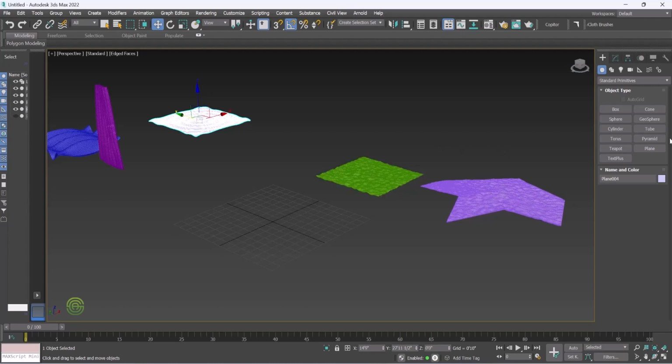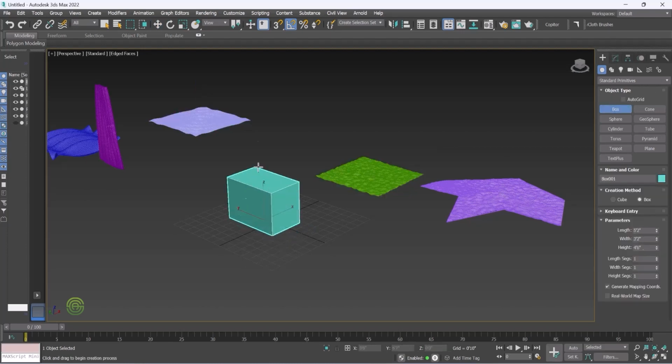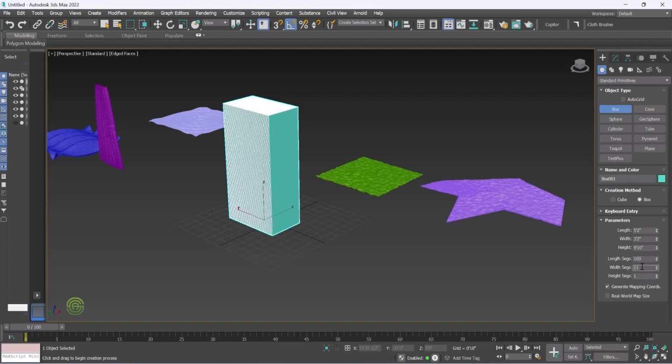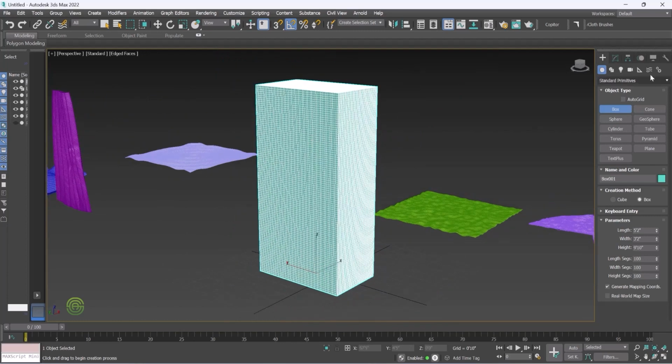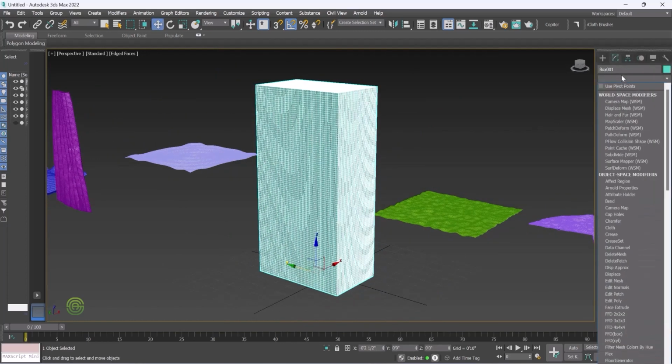We can also try it on the y-axis. So let's create a box here like this and set the segments to 100, 100, 100, like this. Okay. And now go to modify, press N,